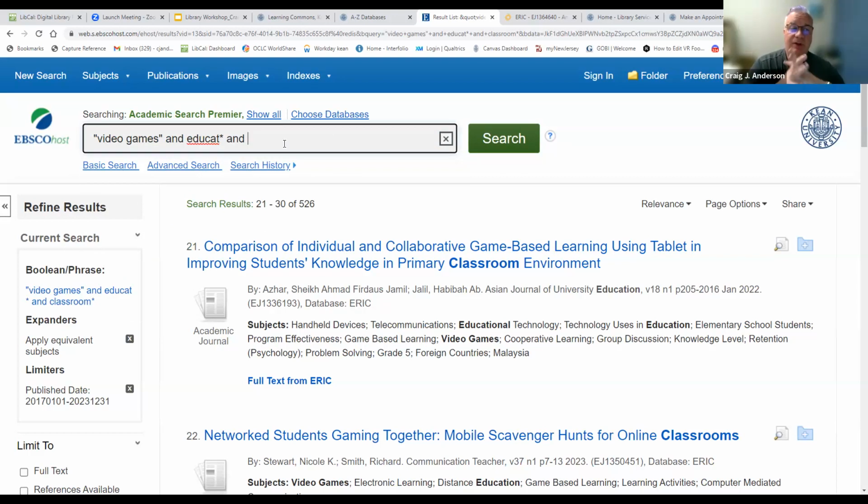For example, if I was looking for video games and education, but only with kind of high school age students, like teenagers, I could put video games and educat* with the asterisk, and let's say teen* or adolescent*. So what I'm doing here is, again, I'm truncating both of these words.